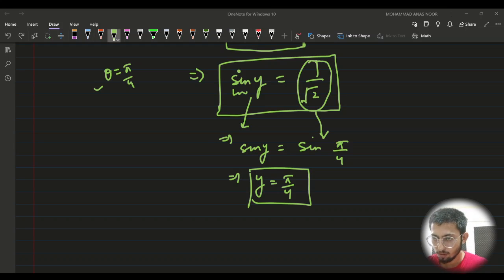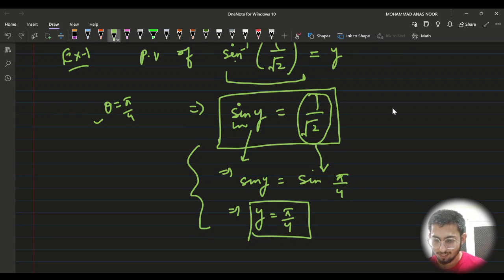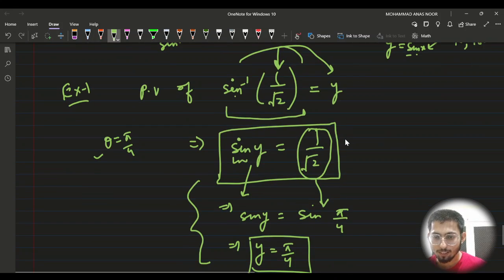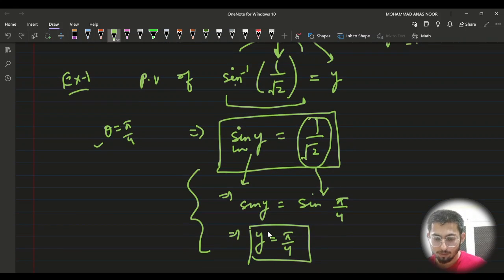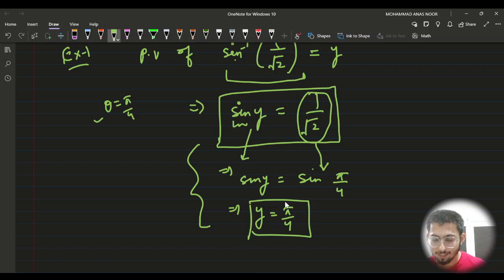Okay, so let's continue. In this way you can find y, right? But you know one thing, there are infinite values of y that can give us 1 by root 2. That's why we restricted that thing. So that's why for sine inverse x,